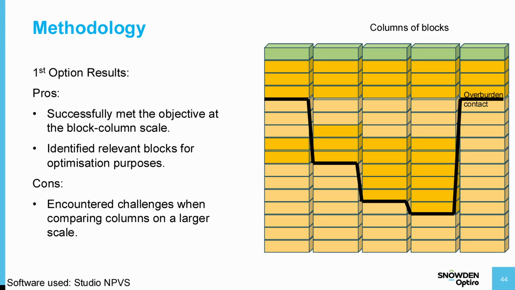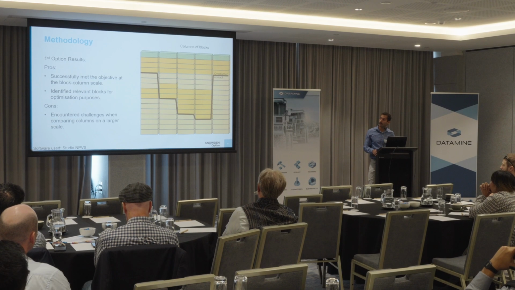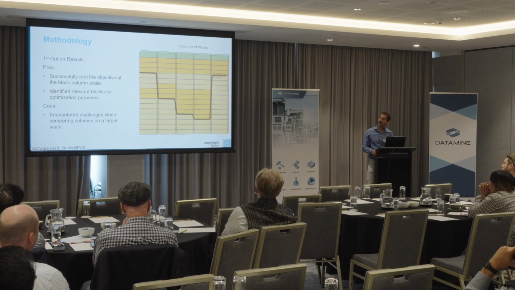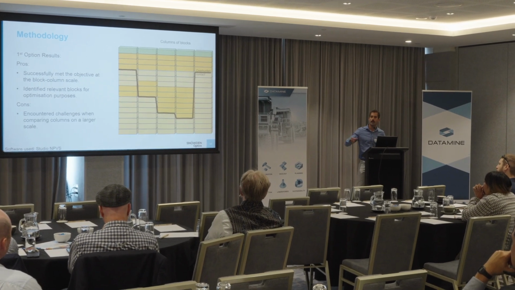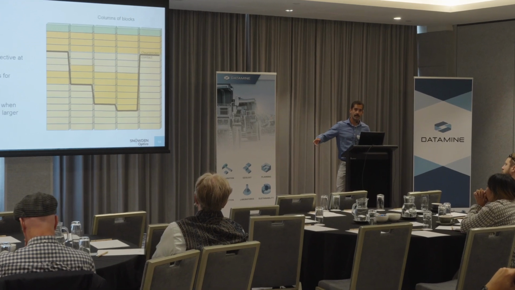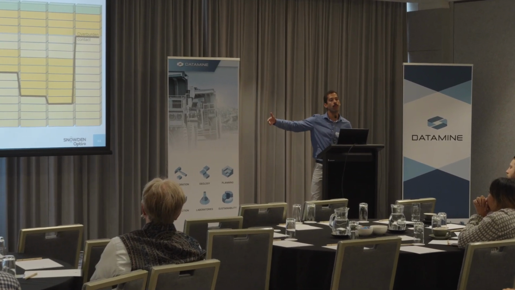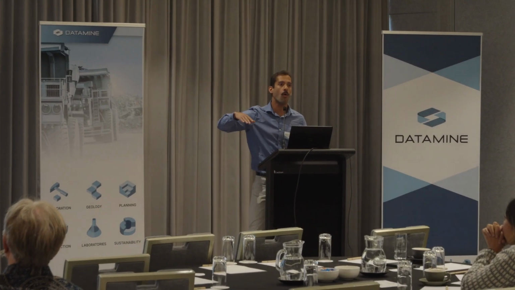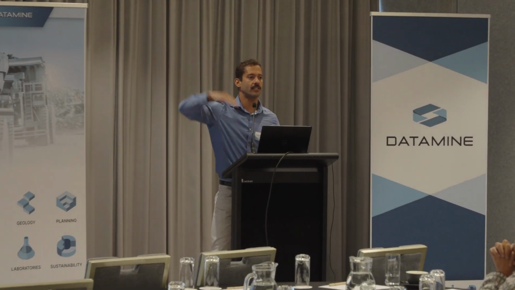And I finally got this for the whole orebody. The whole model was right, the calculation was right, and I could flag everything. However, I had a con: I couldn't create and control how the contact would be over the blocks, over the columns, because I'm assessing each column of blocks. So if you look at the column beside, maybe if you have a marginal ore, this orebody contact can just